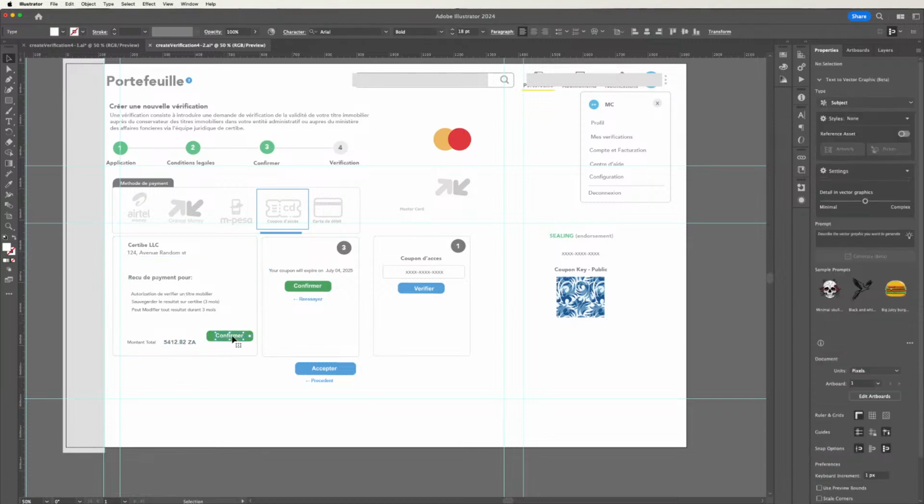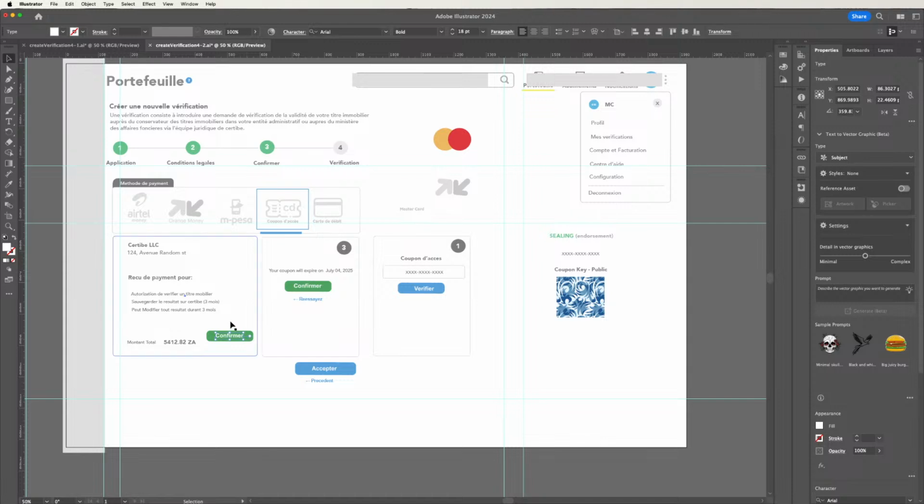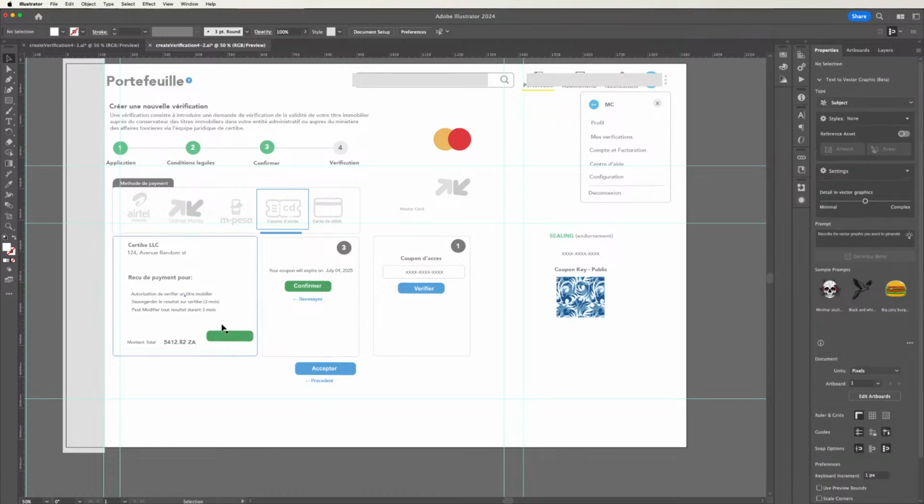Why? Because we want them to confirm the invoice before they make a payment. Or we don't have to do that, because psychologically, when you're designing,